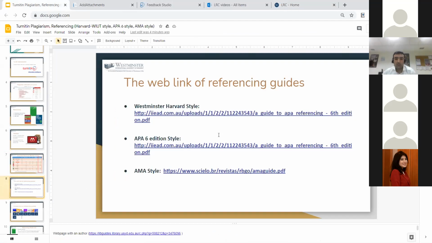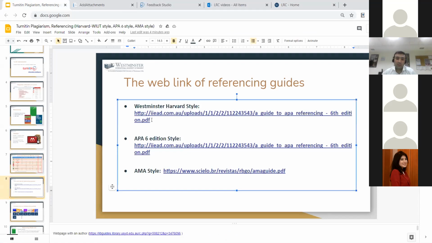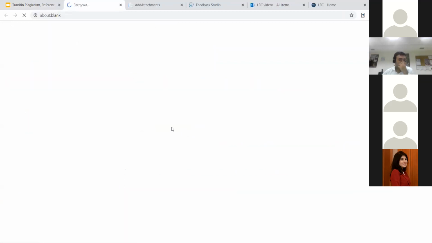And another point is guidance of styles. For example, how can you use the Westminster Harvard style? In order to use the Westminster Harvard style, I have provided here the official link. And you can just click on these links and go to the guide. So if I open this guide,